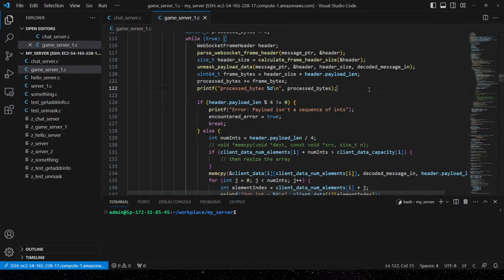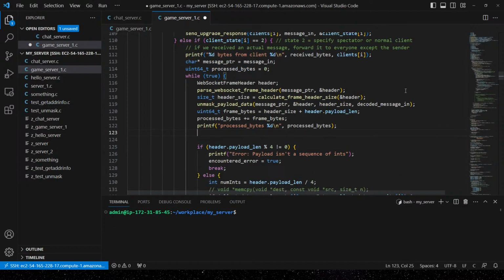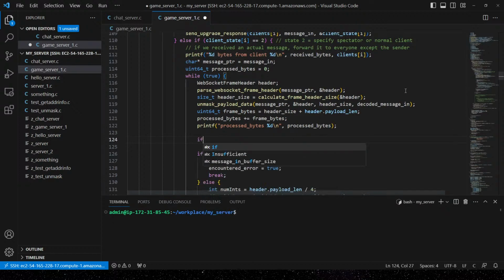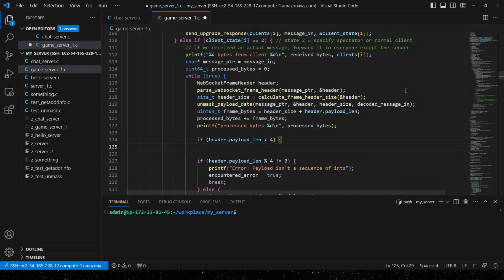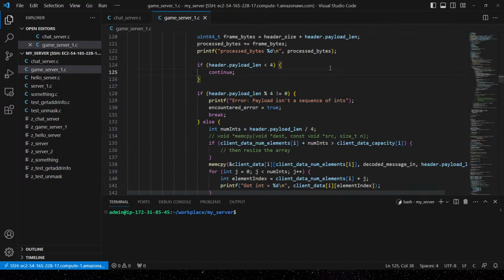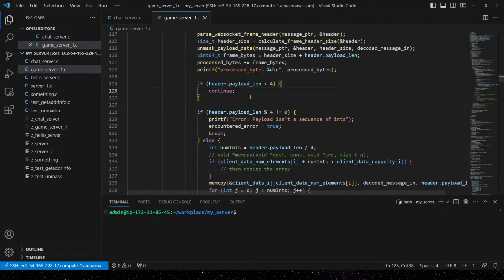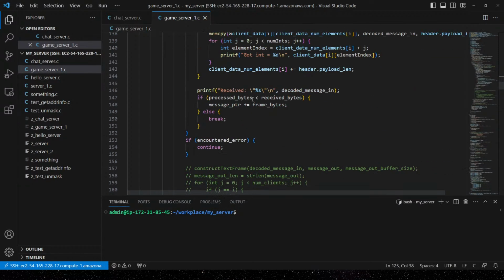All right? So this is going to be universal shared code no matter who you are, and we're going to say if the payload length is less than 4, you're doing something wrong. You don't know how to send me data. So we're just going to continue, which I think is safe. I'm not totally sure it is, but